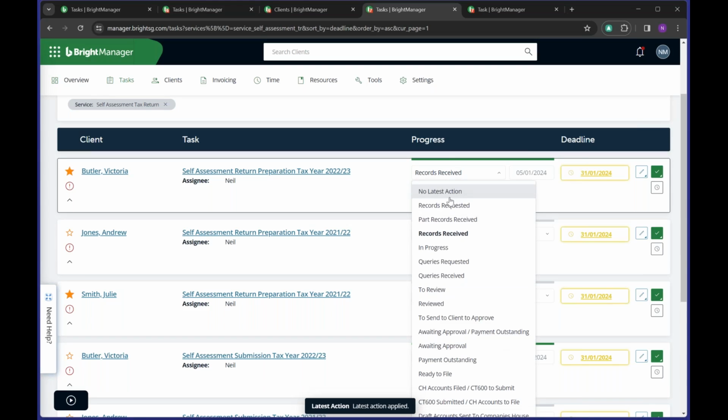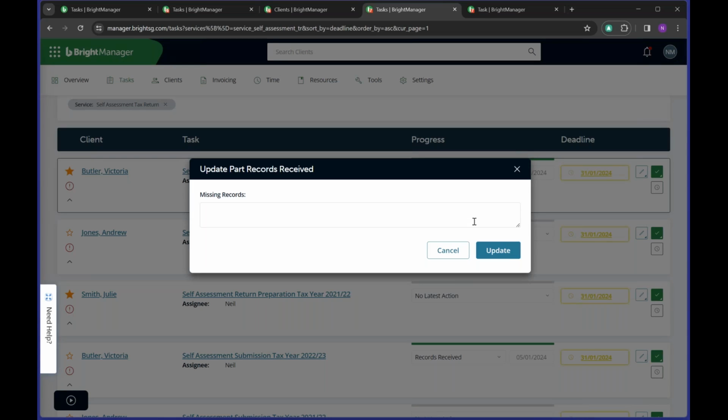That's just one example. Another one might be part records received. So if the client sent you incomplete records, you can actually tell the system what's missing. So let's say this might be, I don't know, some invoices or bank statements or whatever it is that you need. So let's say invoices September to December